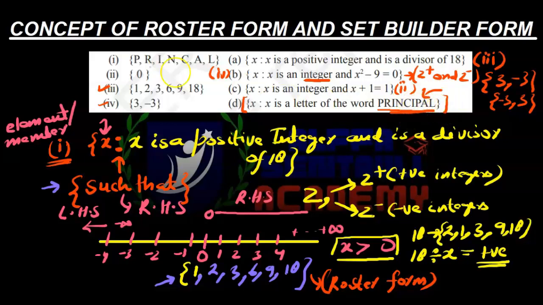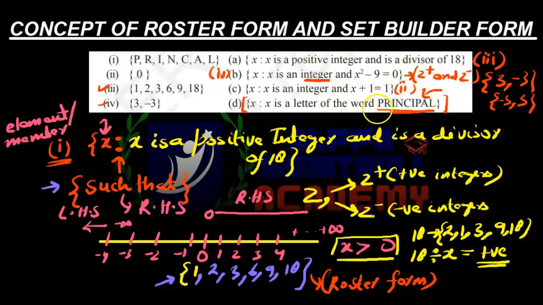Whenever we are writing about sets, we need to keep in mind that the elements must not repeat themselves. A set is a collection of well-defined objects. It means that each element or member must be unique. They must not be repeating themselves. In the word principle, I is repeating twice, and P is also repeating twice. You can see here P is repeating twice.